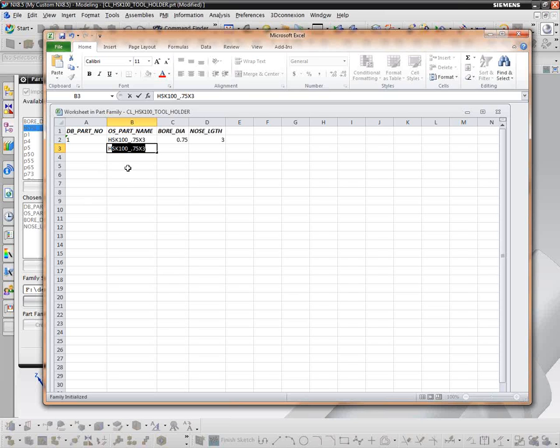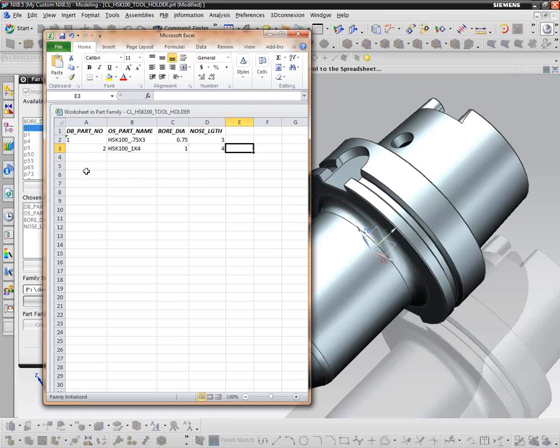Maybe I want my next one to be a 4-inch long nose and a 1-inch diameter bore. So put a 2 in there. So here I'll put in 1 for my bore diameter, and here for nose length. Okay. And now you can go through and populate a whole bunch of these, but just